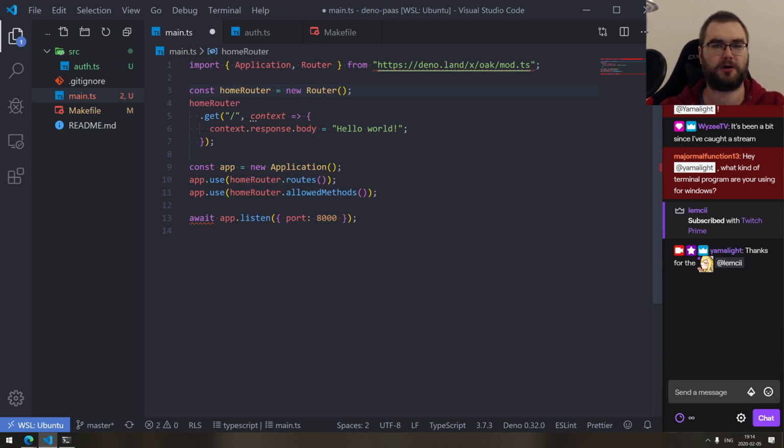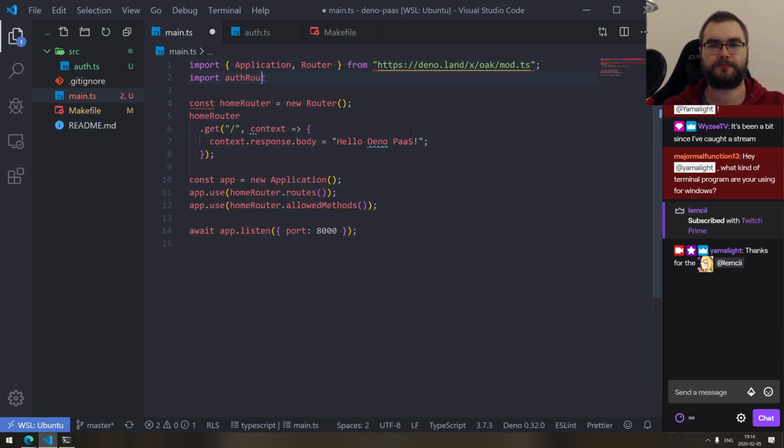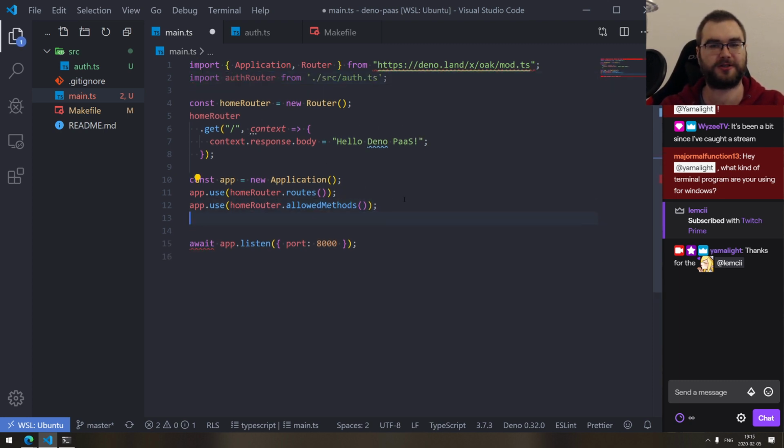So it's just going to be our home router. It's basically just going to serve this one thing. And what we need to do is we need to import our auth router, right? From source auth.ts. That's one thing that I should not forget. Whoops. Right. First of all, I should not forget to use it actually. So we go routes and whoops. We go